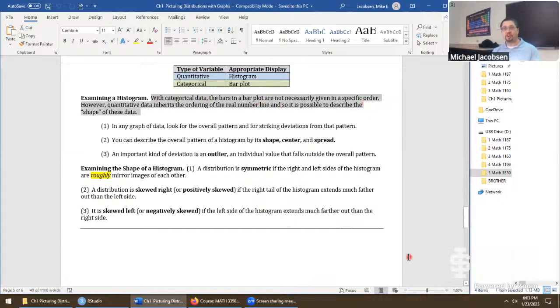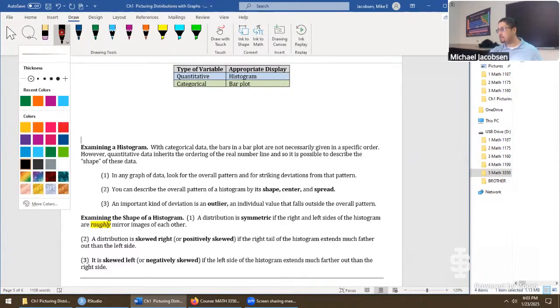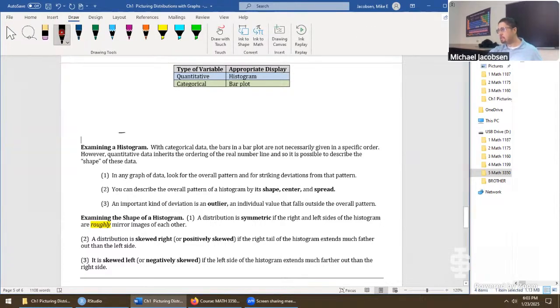So before we go too far on that, we should just draw out a histogram so we know what we're dealing with. So I'm going to provide one right here. So let's give just a quick sketch of a typical histogram. So in this histogram, we have 2 axes that are typically plotted. Here we have the horizontal axis for x, the quantitative variable.